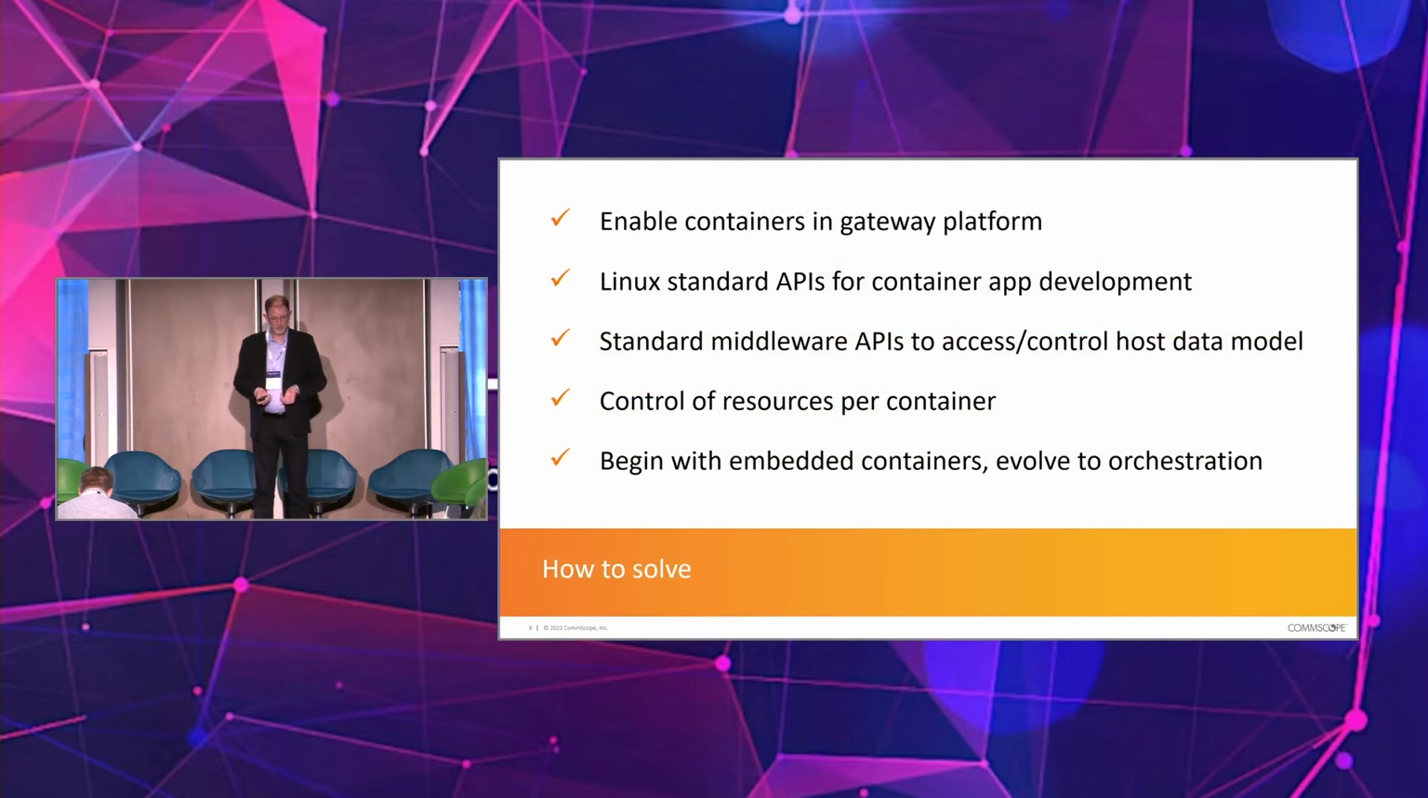Some of the ways of solving this would be to enable containers in the platform, use standard Linux APIs, as was mentioned by Soft at Home a minute ago, and standard middleware APIs. So this is within the system. We can program to Linux standard APIs, but within the system, there's a lot of managers that we need to interact with, so we need to use standard APIs for that. And when you're running software from potentially third parties, you need to be able to control the resources those containers have. So we need to have that proper, secure,